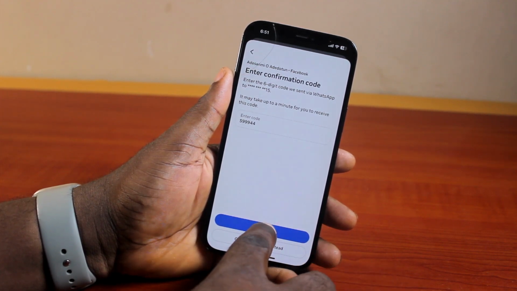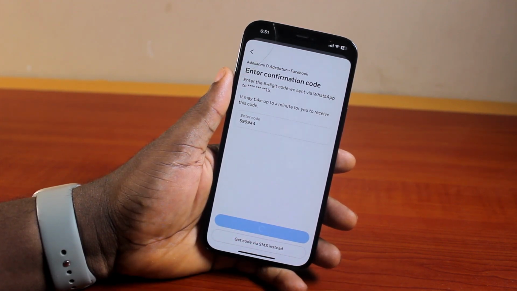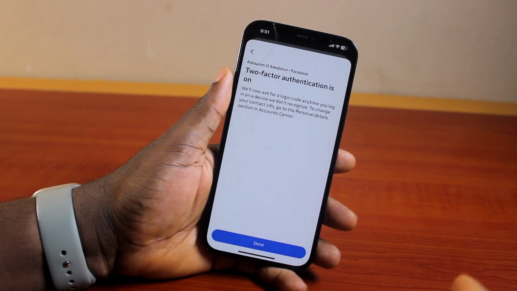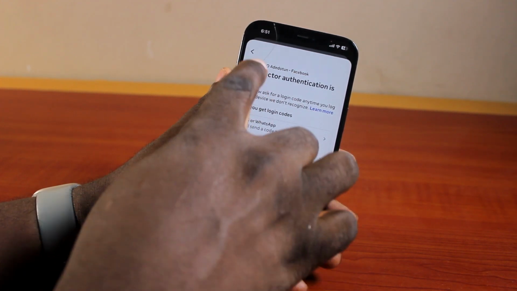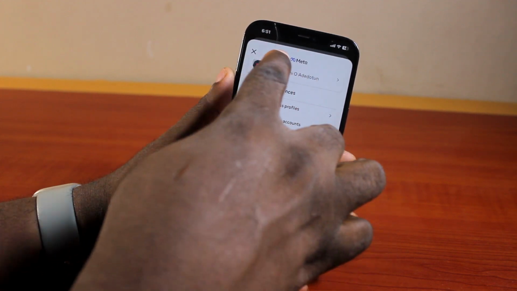After that, click on the next button. Once you hit the next button, hang on, and if the code is correct, you see two-factor authentication is on. You can now go ahead and click on done, and then you're good to go. So that is basically how to enable or turn on two-factor